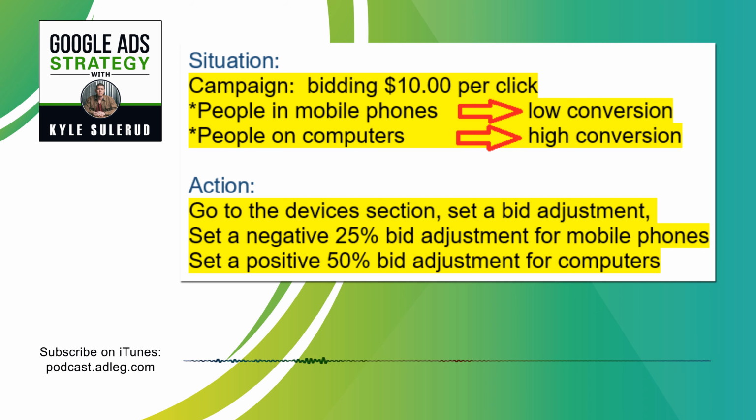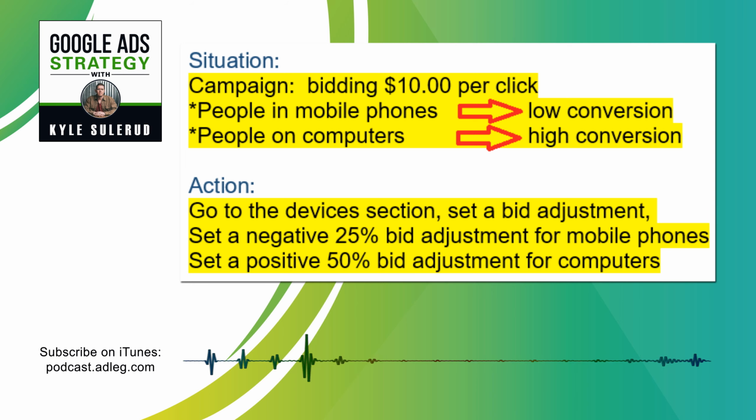Now let's say within that campaign we've figured out that people on mobile phones do not do as well in terms of becoming customers than people on computers. So what we can do then is go into the devices section and we can set a bid adjustment. In this case, we would set a negative bid adjustment for mobile phones. Okay, so if we're bidding $10 per click normally,